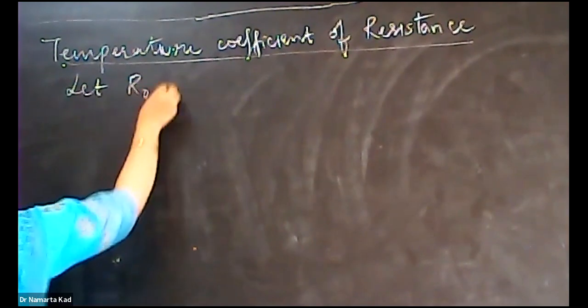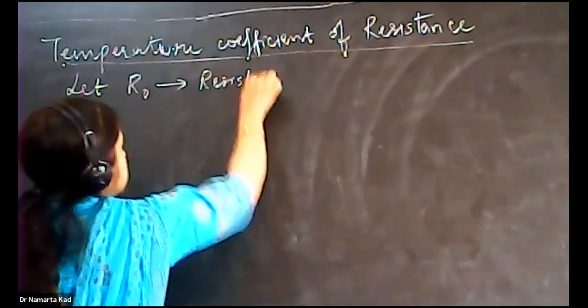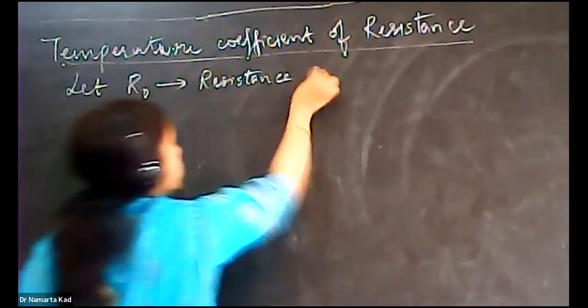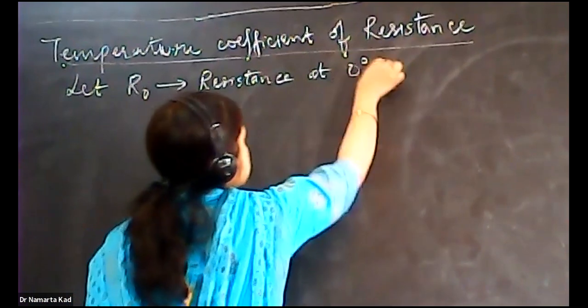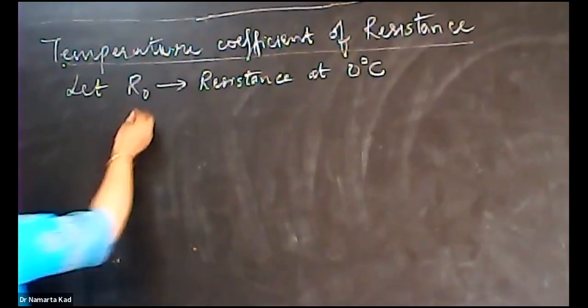Let R naught is the resistance at 0 degree C. Let R naught is the resistance of any material, कोई भी material हो सकता है. Let R naught is the resistance of any material at 0 degree C, and